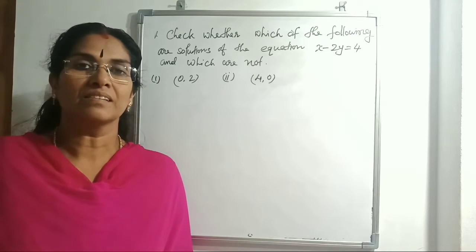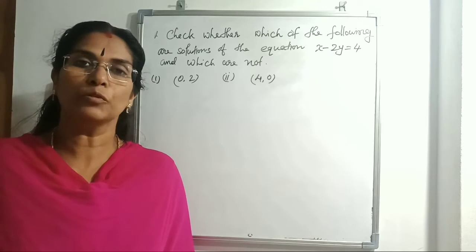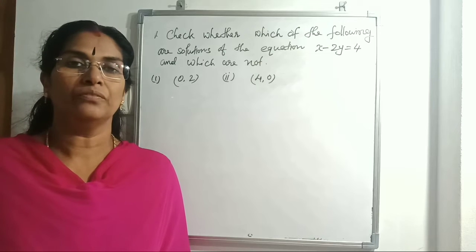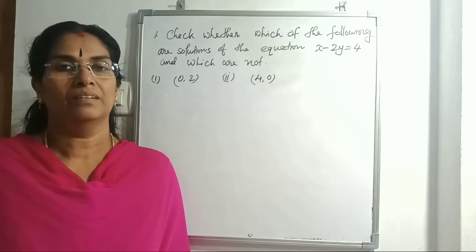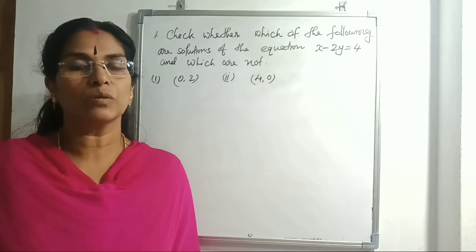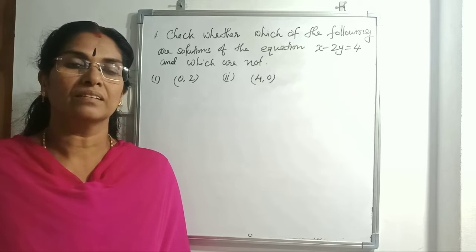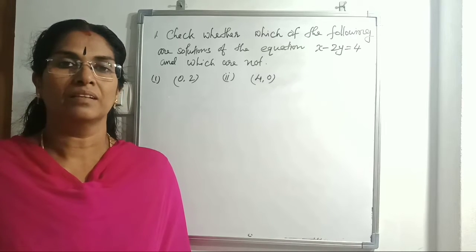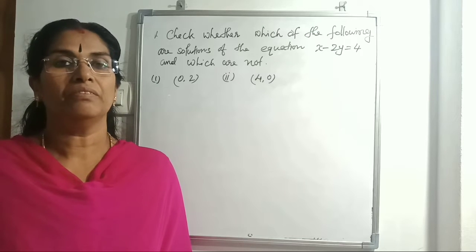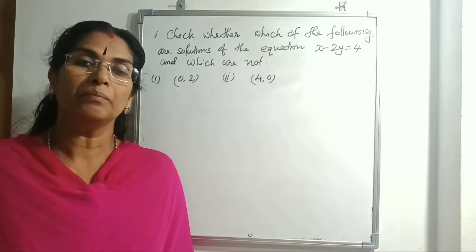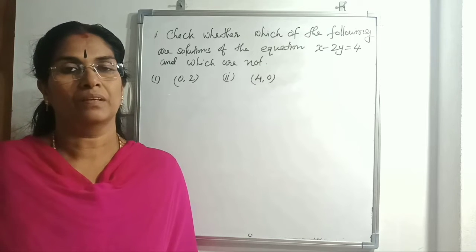In the previous class, we learned the definition of a linear equation in two variables, and also we found the solution of a linear equation. Do you remember that? How are we finding the solution of the linear equation? We just take some values for x, so we will get the corresponding value of y. And we found there are infinitely many solutions for a linear equation in two variables.